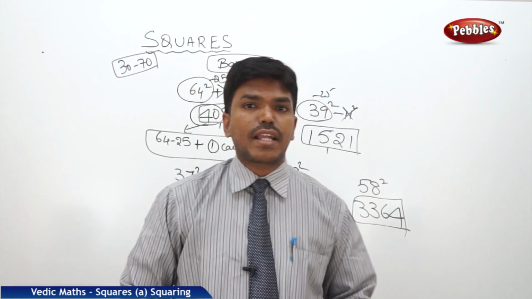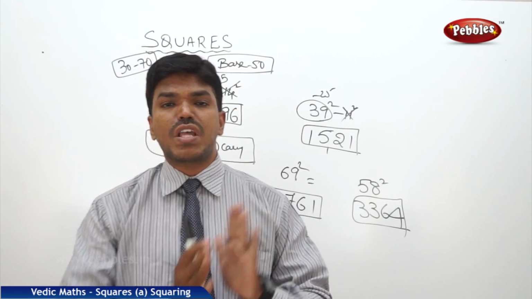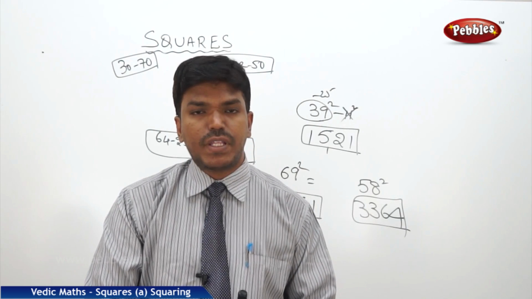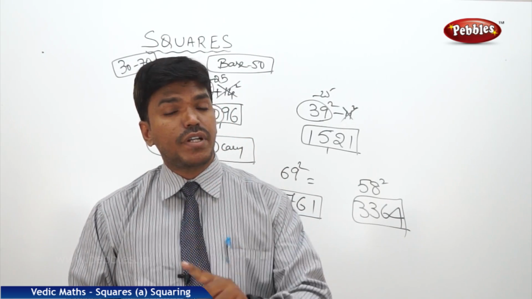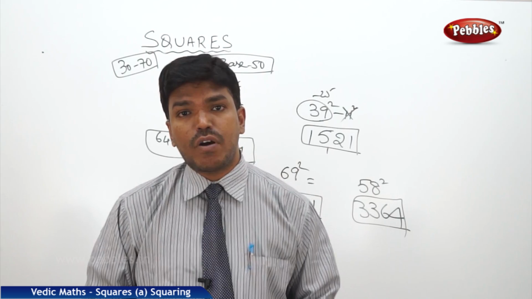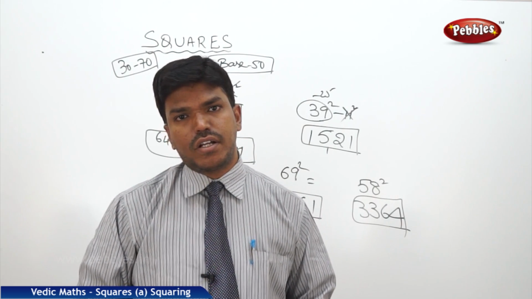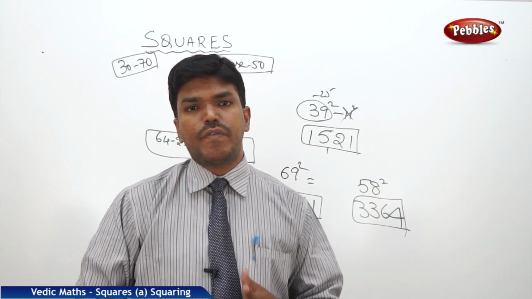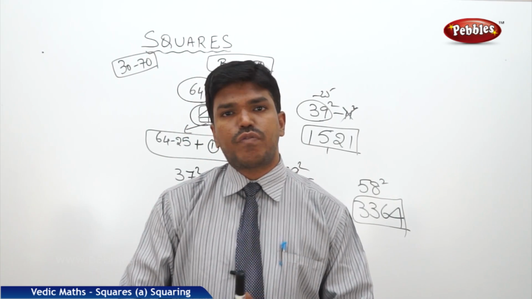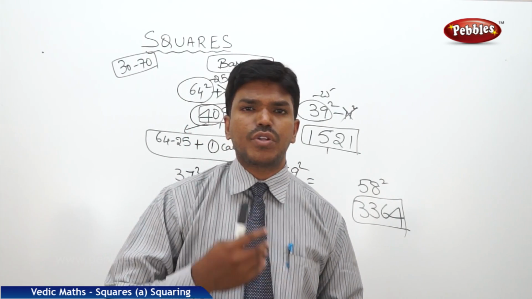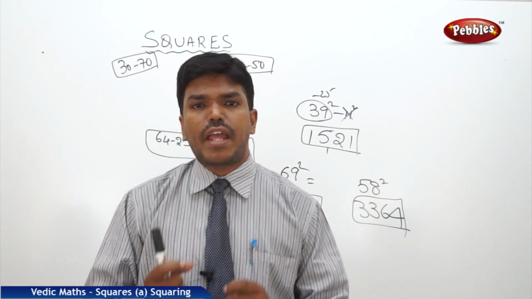Like this, you can calculate squares from 30 to 70 with the help of base 50. But from 70 to 130, we have to take the help of base 100. Okay. Now we will extend this topic. How to find the squares which are nearer to the base 10, 100,